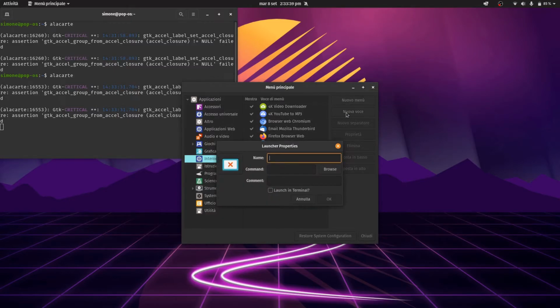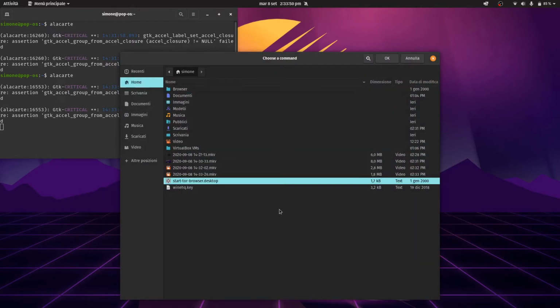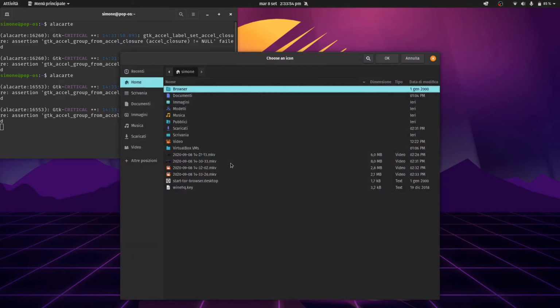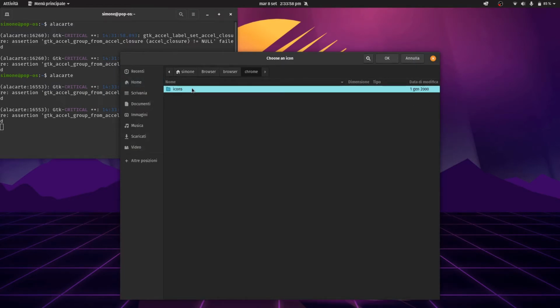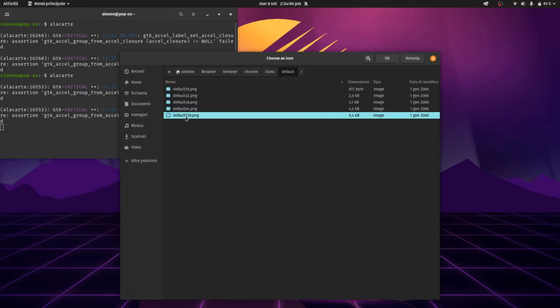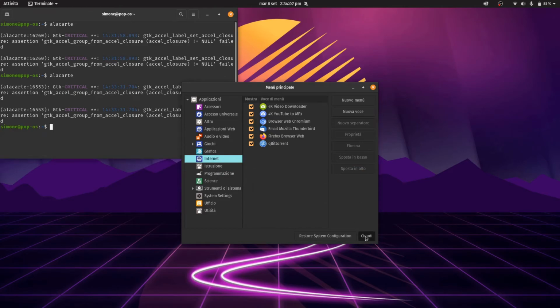New application. The name. Command, click browse. Go to home. Click start Tor browser.desktop. OK. The icon. Browser, home icons, default, the biggest one, OK, and click OK. Now close,